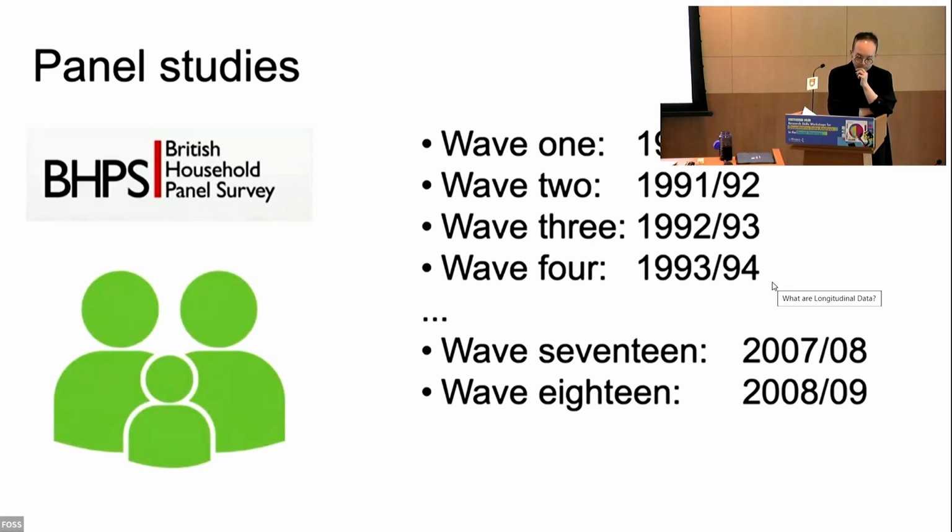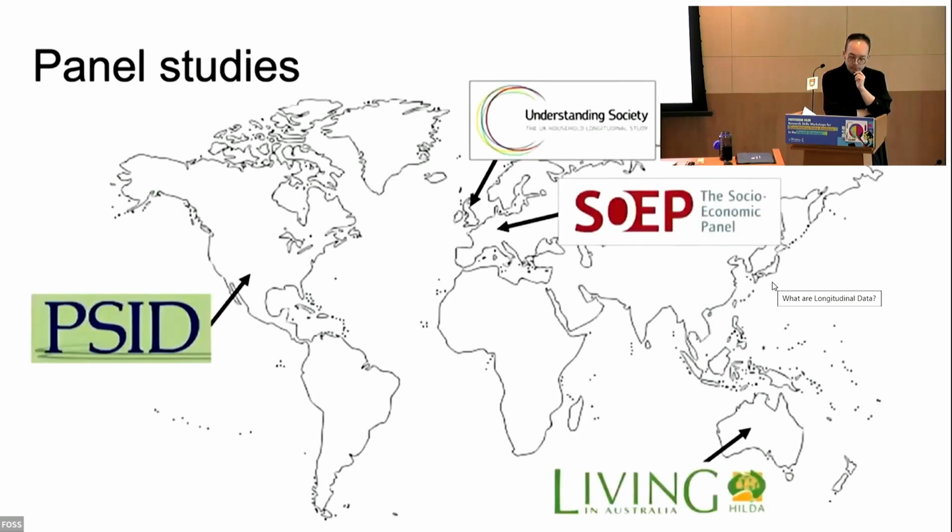Since 2009, the UK has run Understanding Society, a similar longitudinal survey. Understanding Society has a larger sample size and includes the BHPS sample from Wave 2. These household panels exist in a number of countries. Germany has the Socio-Economic Panel. There's the Household Income and Labour Dynamics in Australia survey, and the Panel Study of Income Dynamics in the United